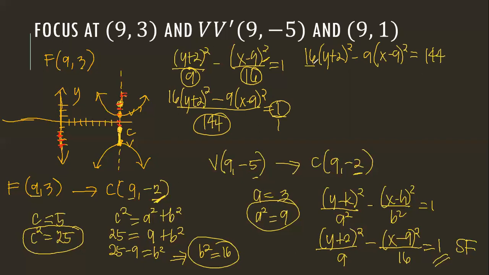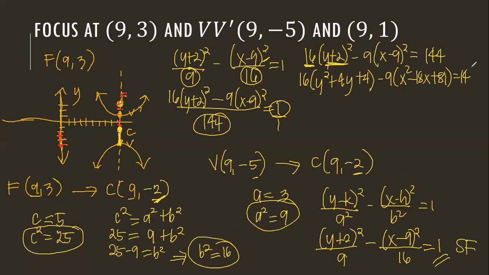Before you distribute positive 16, inside the parentheses, first you have to expand it. So that is 16 times y square plus 4y plus 4 minus 9 times x squared minus 18x plus 81